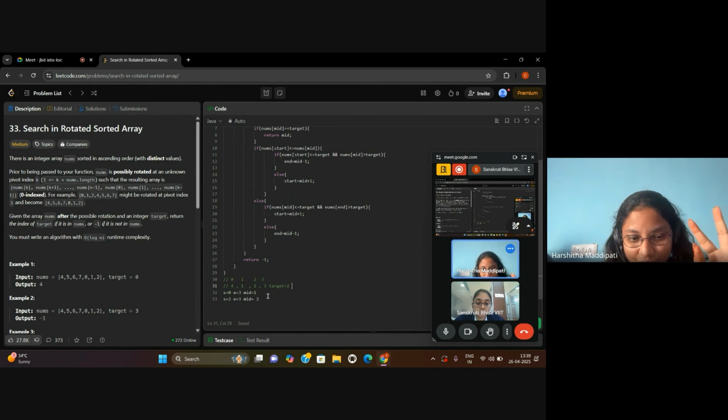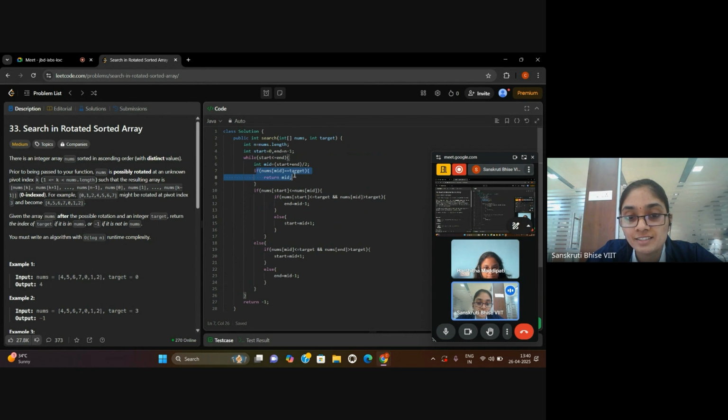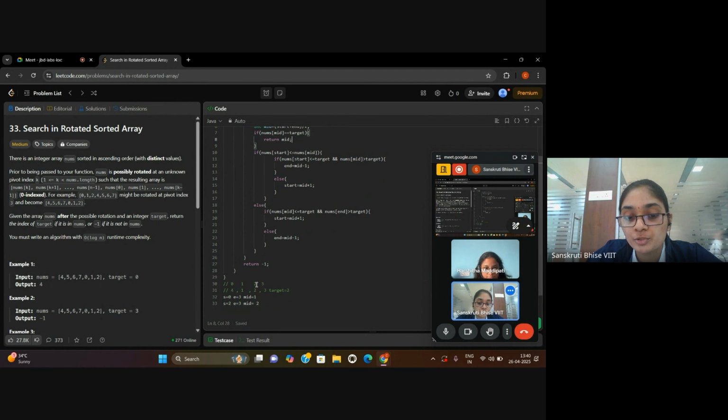So due to nums of mid less than or equal to target, the starting index is 2 and end is 3. In this case, this is still in the range. So my start will be mid plus 1. My mid will be 2 in this case. So we will be getting this condition and returning the mid, which is index 2.